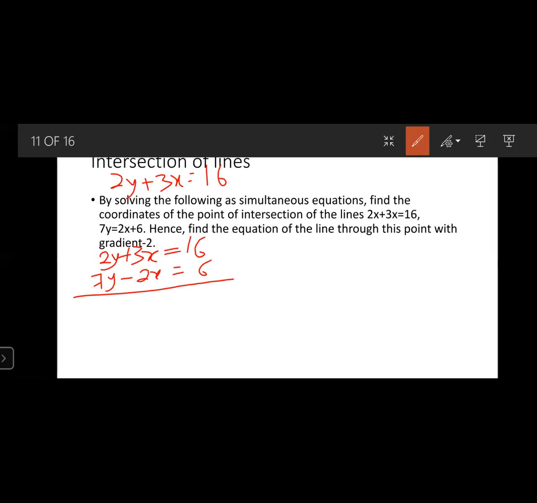If you apply elimination, multiply equation 1 by 2 and equation 2 by 3. So we have 4y plus 6x equals 32. The second one, multiply it by 3. We have 21y minus